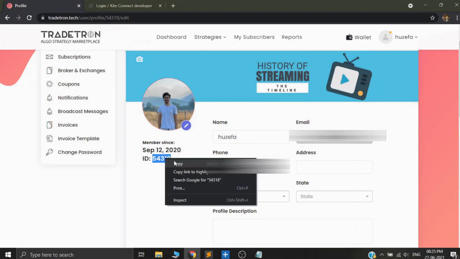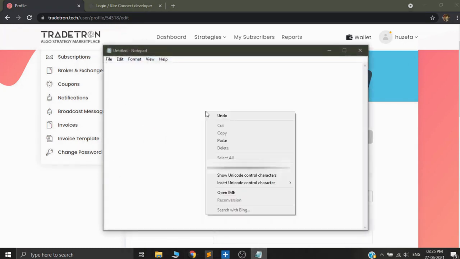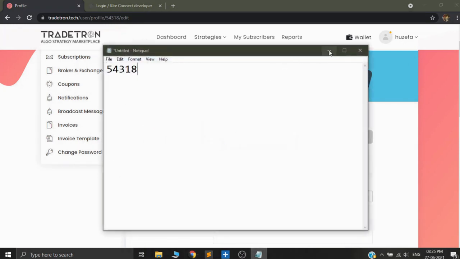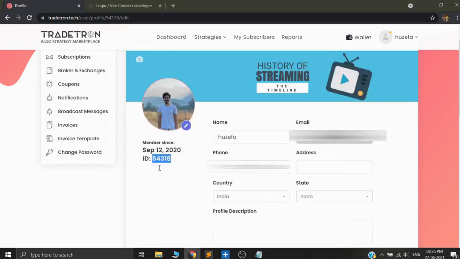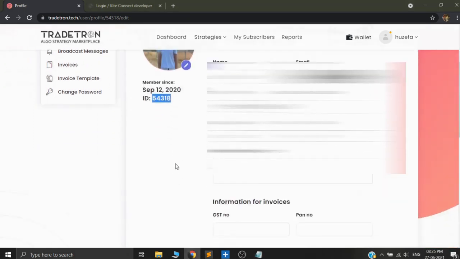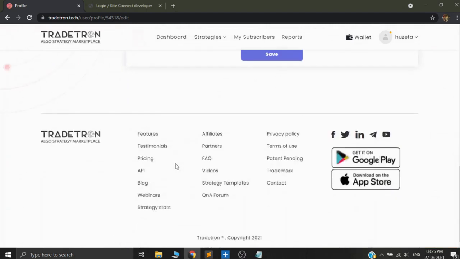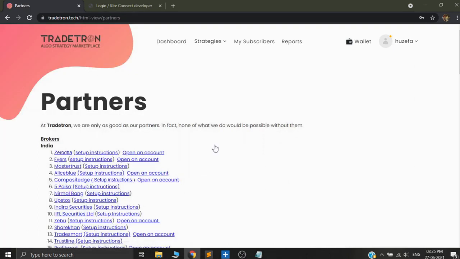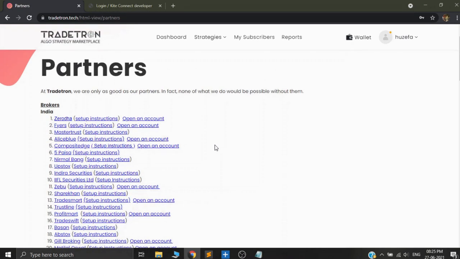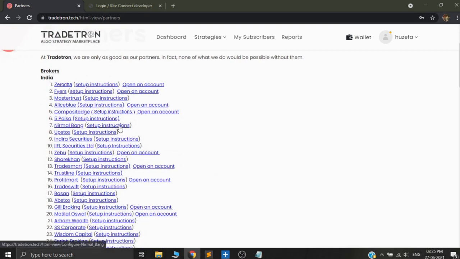I will just copy my ID and paste it on the notepad so that I can use it later. After doing it, you need to scroll down to the bottom of the page where you will see a site map. Just go to partners out here and click on partners. Once you click on partners, you will be able to see all the broker partners with Tradetron. Since I want to connect my Zerodha account, I go to the setup instructions,